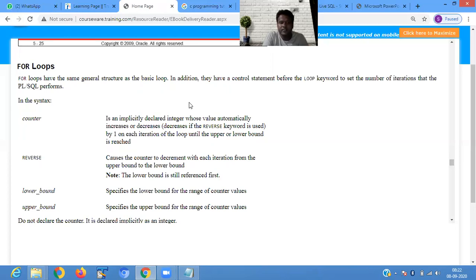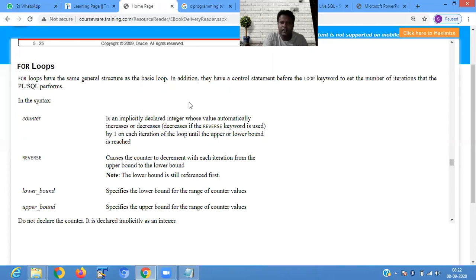In the syntax of the for loop, counter is an implicitly declared integer whose value automatically increases or decreases by one on each iteration of the loop until the upper or lower bound is reached.